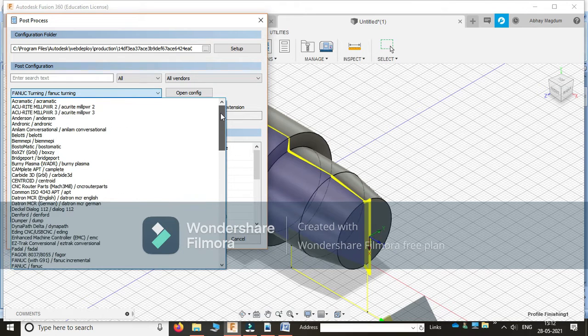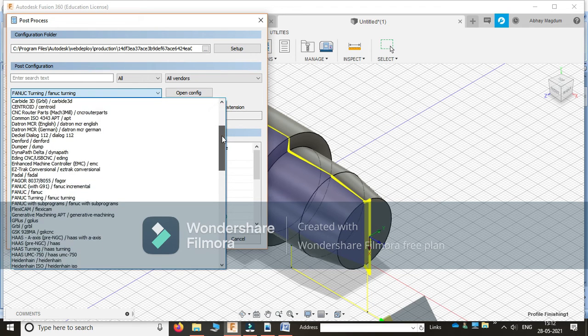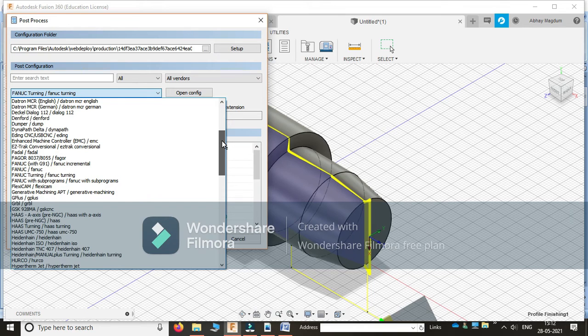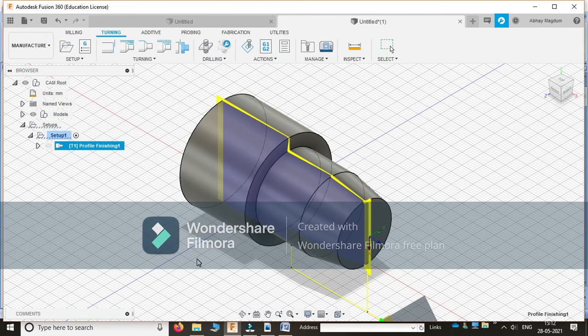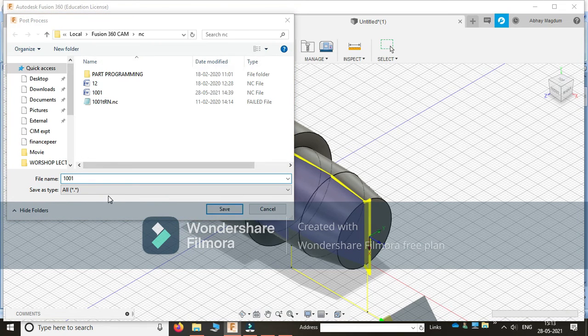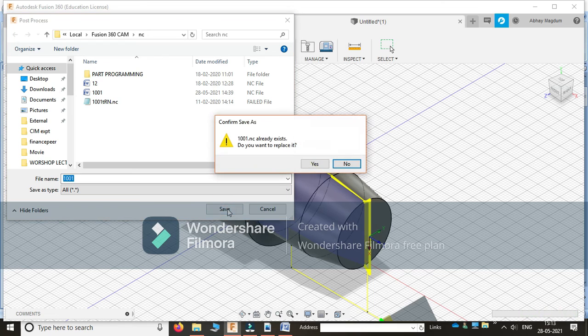But from that, we use the type of controller available with our CNC machine. That is Fanuc turning, the controller suitable for our CNC machine. Then click on post and save the program.